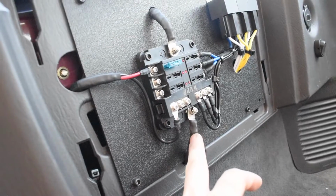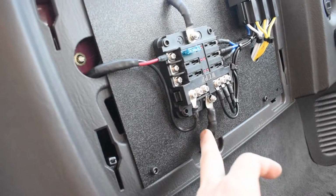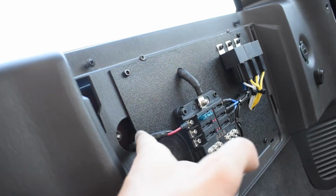Have the ground straight to chassis. I did order more of this cable because if the chassis ground isn't good enough, I'm gonna have to run this wire all the way up to the front. This comes back and it goes along here, goes down this channel here, as you see, attaches right there. It's gonna run along here, up, up, up. It's gonna come through